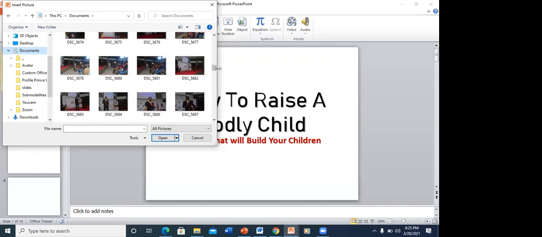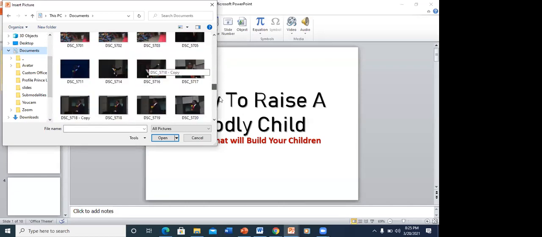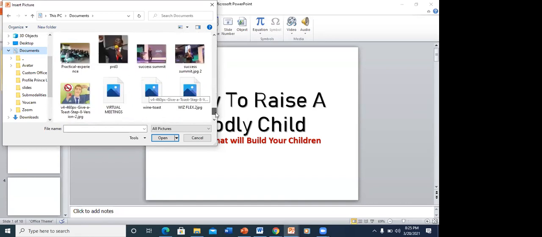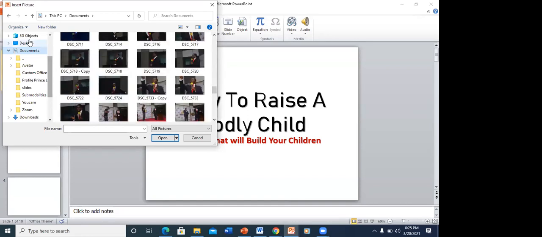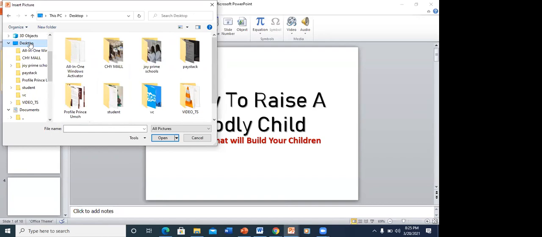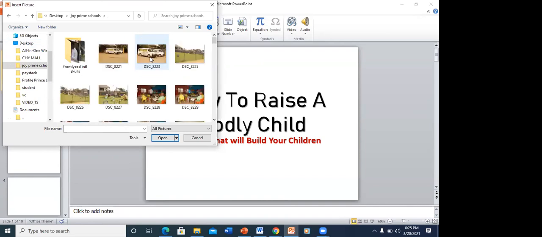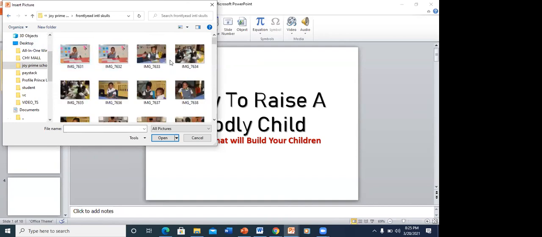Okay, I've not seen pictures yet. The picture should already be in your documents or desktop. Let's look at desktop. Okay, so I have stuff here. I have some beautiful pictures here. I could pick this one, then I click on insert.